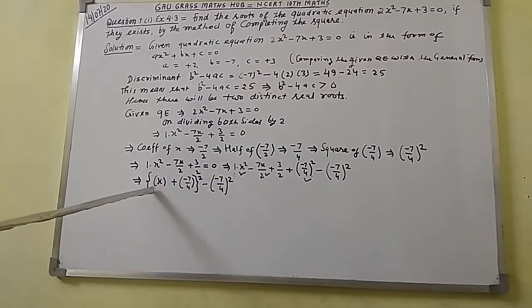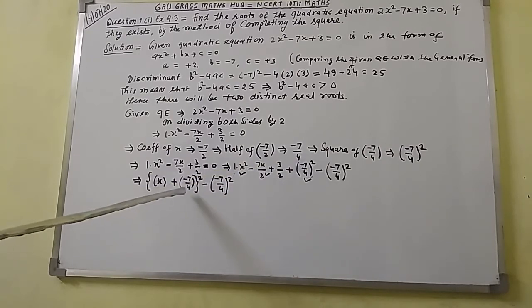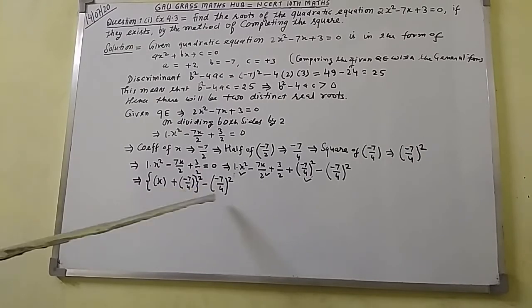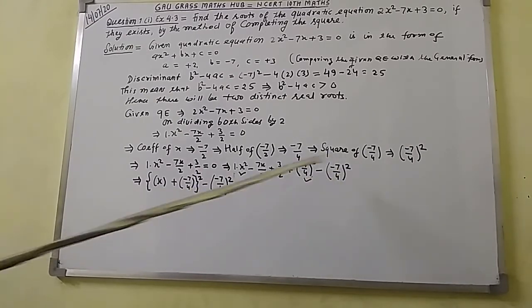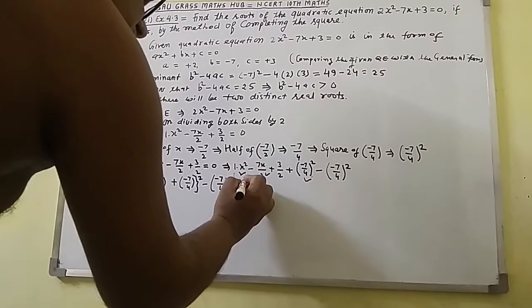So if you expand x plus, in bracket, minus 7/4, bracket close, whole square, you will get the squaring of the first term plus the squaring of the second term. This one you will get, plus multiplication of both terms. X will multiply to minus 7/4, twice. So you will get this term. Here I have written the same thing, plus. This one is also there. So here you will write plus 3/2.